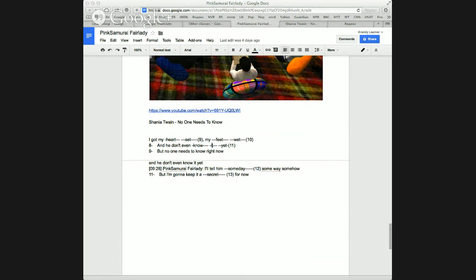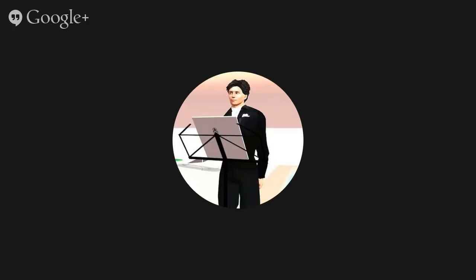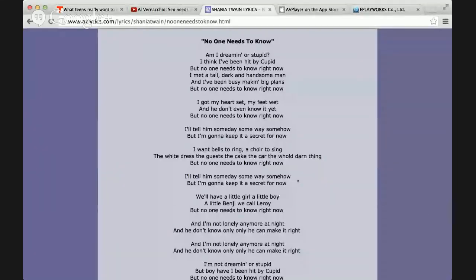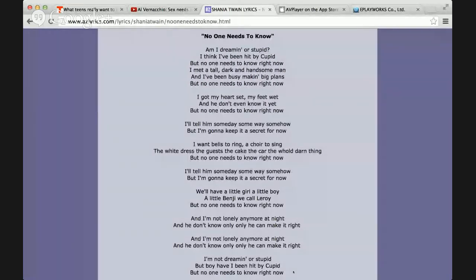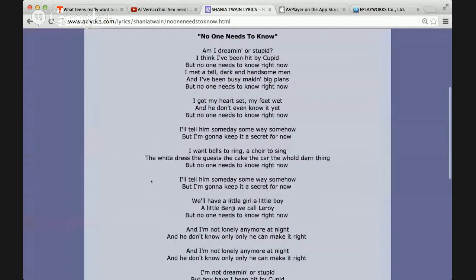Yeah, this is the other thing about songs that can be frustrating for an English learner who's trying to be really grammatically correct, is that sometimes in music, because we want to make something rhyme or sound better, we don't always have correct grammar. Yes, this part here, and he doesn't even know it yet.